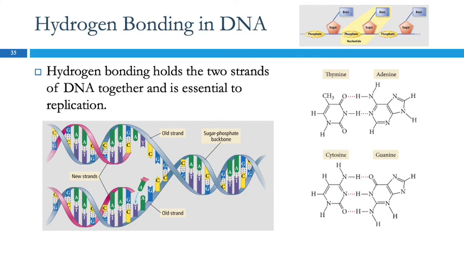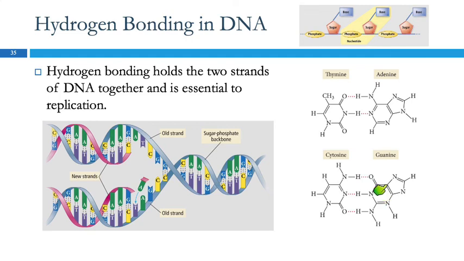Your DNA is held together by hydrogen bonding. There are two strands in your DNA. Each strand has a backbone of phosphates and sugars. And then on the sugar, there is another thing called the base. There are four different kinds of bases: thymine, adenine, cytosine, and guanine. It turns out that thymine and adenine can make two hydrogen bonds with each other. Guanine and cytosine can make three hydrogen bonds with each other.